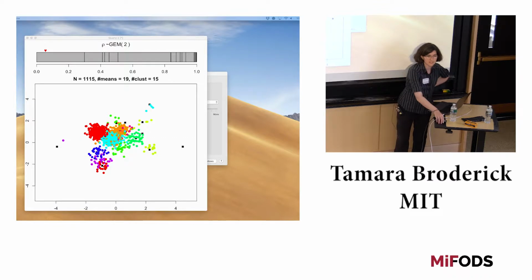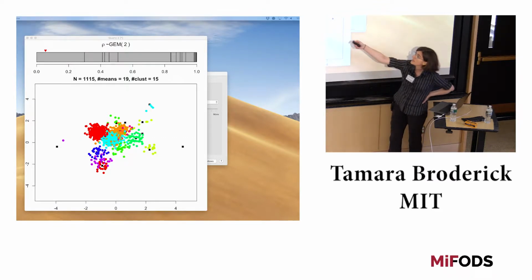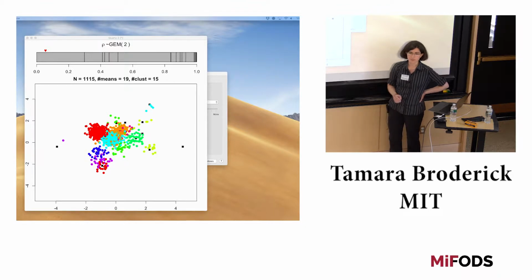OK, so something that's interesting at this point to notice is that we have 1,000 data points. We actually don't have too many clusters. We have 15 clusters. And this kind of agrees with a point that I mentioned in an offhand comment earlier, that in fact, the number of clusters in this particular model, and this is something you can prove pretty easily, grows logarithmically in the number of data points. That may or may not be appropriate for a particular application problem, but it's certainly worth knowing about this model.